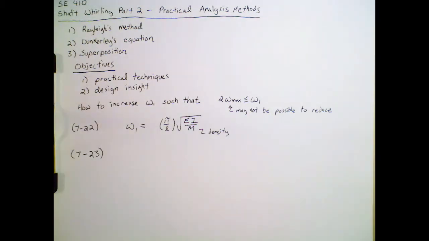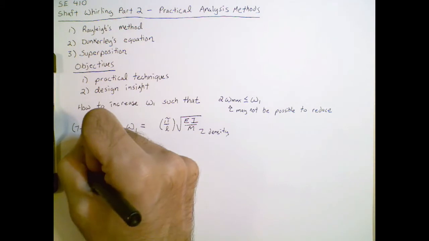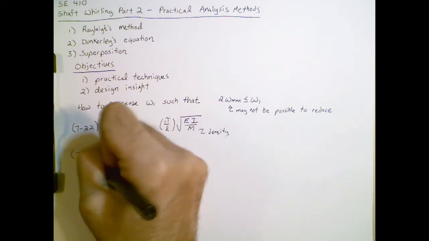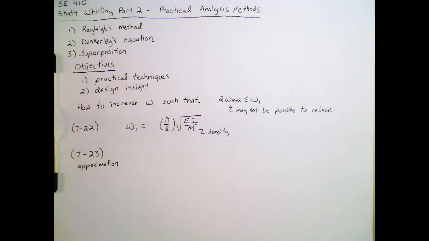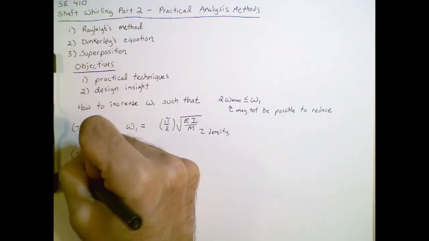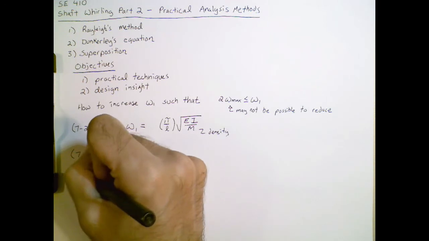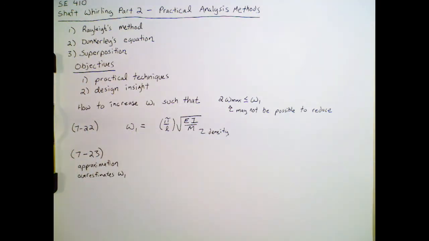We're going to look at equation 7.23. I should be clear, this is an approximation. It's helpful. It helps us to predict the first critical speed with a fairly minimal amount of calculation, but we need to keep in mind that it's an approximation. It actually tends to overestimate the first critical speed. With that in mind, it's important to use a safety factor if we use this method for estimating the first critical speed. Let's have a look at the next figure before I write out